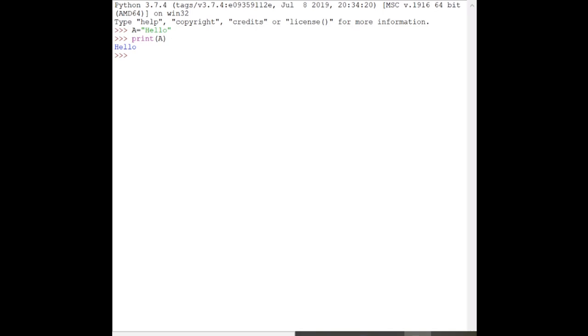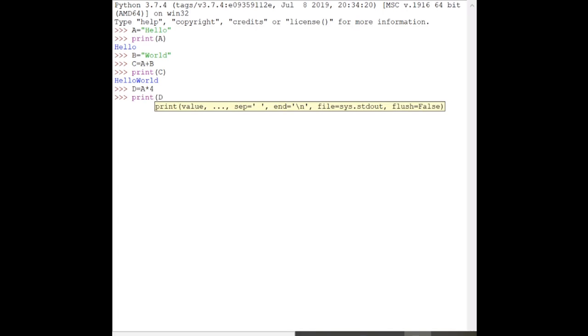Now let's try our concatenation. Let's add a new string, world, and let's say C is equal to A plus B. When I print C, we get hello world, just as we expected from the explanation on Google Docs. Similarly, if I say D is equal to A into 4, and I print D, we get hello 4 times, and that's what we technically get.